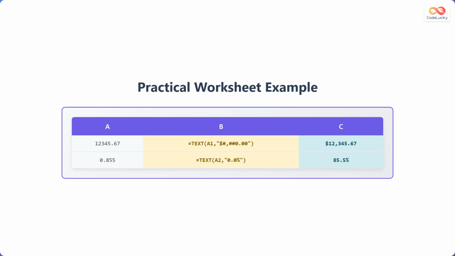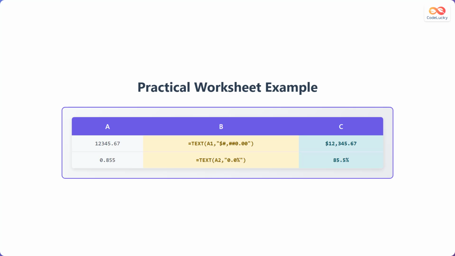Let's see how the TEXT function works in a practical worksheet example. In cell A1, we have the value 12,345.67. In cell B1, the formula is =TEXT(A1, "$#,#0.00"). The result in cell C1 will be